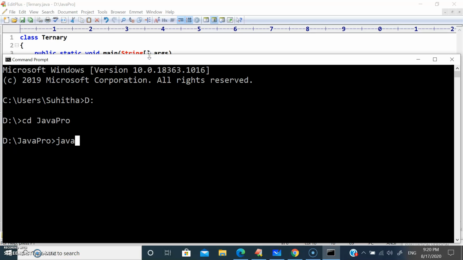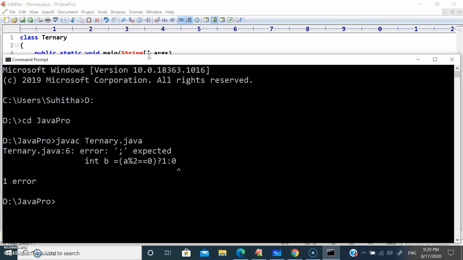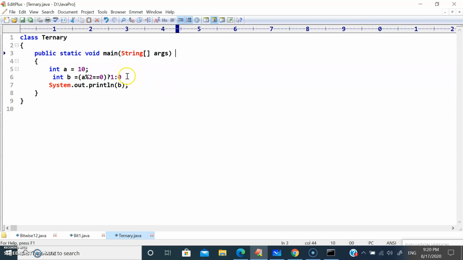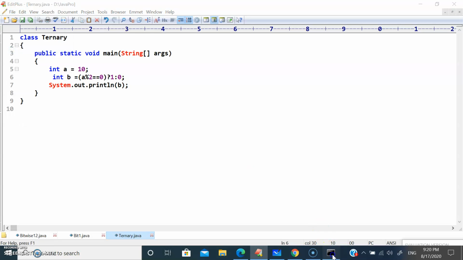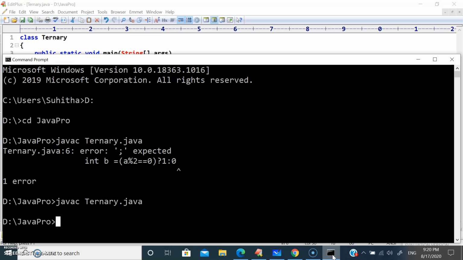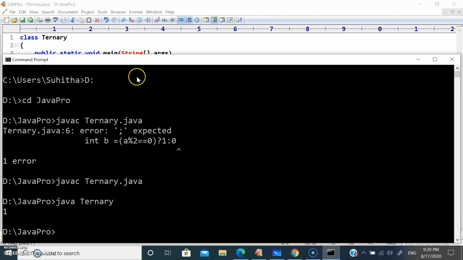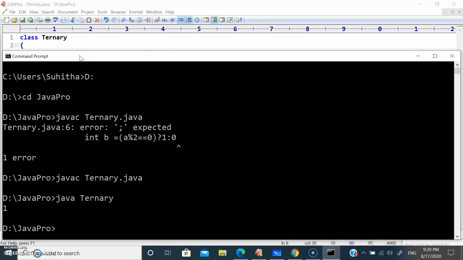Then javac, the class name is Ternary.java. We missed the semicolon, so it's throwing an error. The semicolon should come here. Save. No error, perfect. Java Ternary. See, it's giving the value as 1.